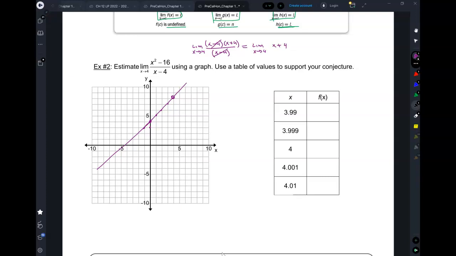So what is the limit here when you look at the graph? What y value is it approaching as you're approaching that point? 8. Right? So the limit is 8. What's f of 4? Undefined, okay? And as you do it numerically, as we're approaching 4 this way,